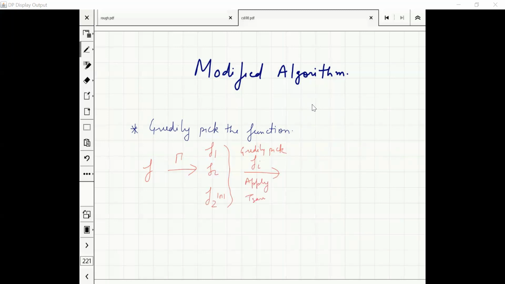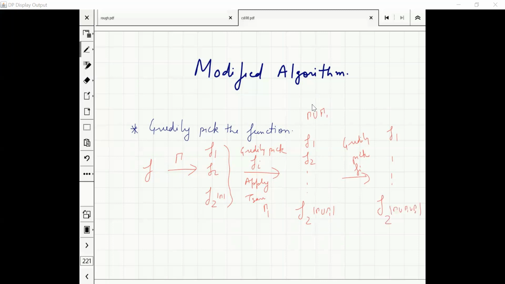That will give me some new parities, gamma 1. So now I have fixed gamma union gamma 1. Now I will have more restrictions, f1, f2, f2 to the power gamma union gamma 1. Once again, look at all these, greedily pick f_i, the function which has the highest sparsity. Fix that. And now f1, f2 to the power gamma union gamma 1 union gamma 2.